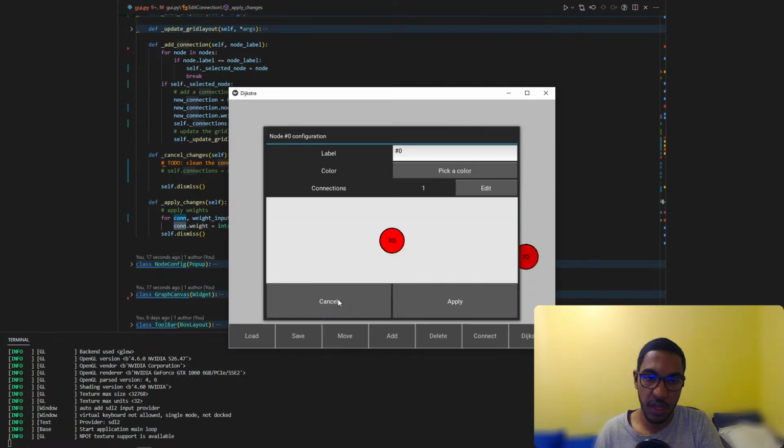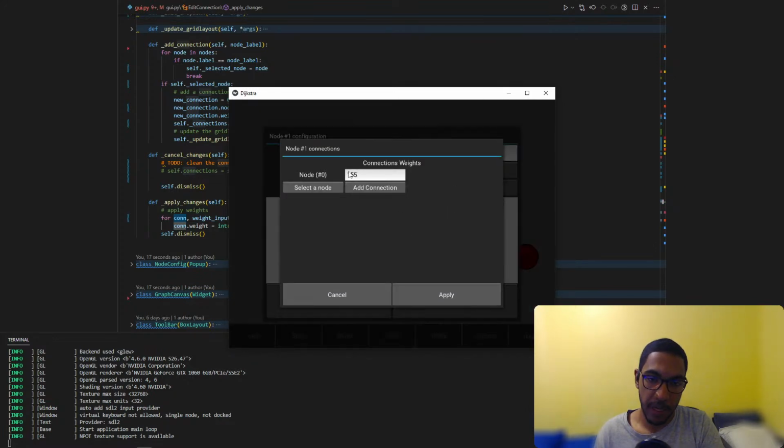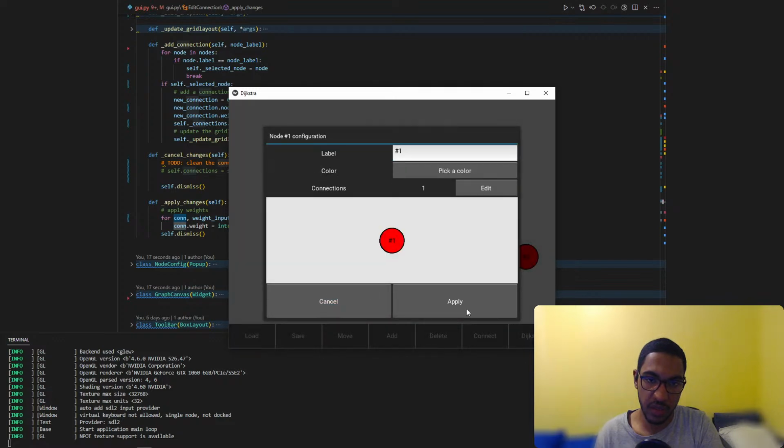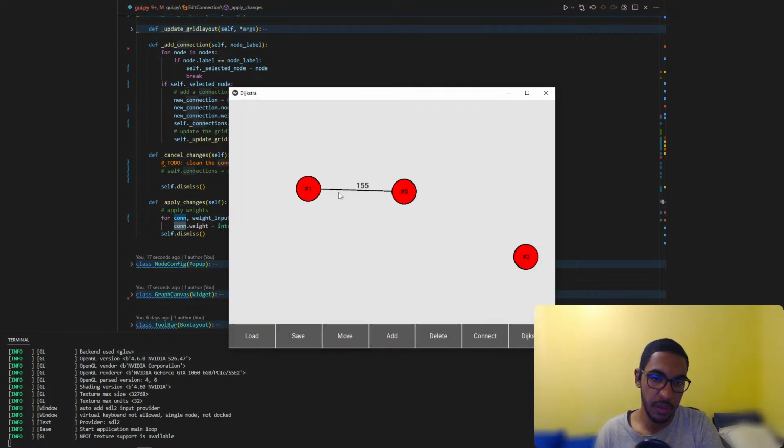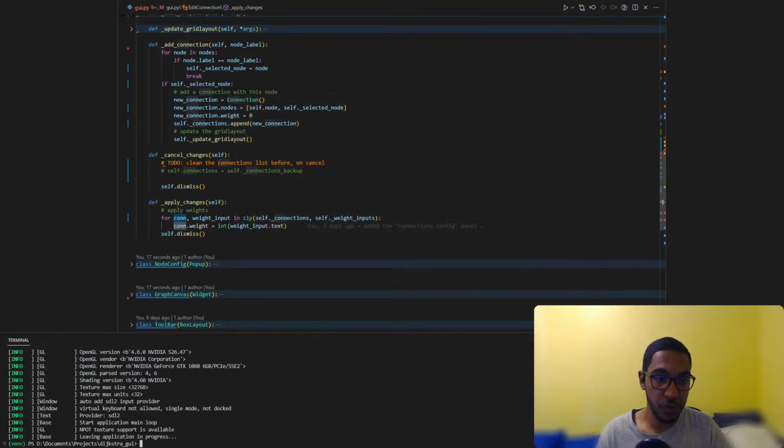I'm pretty sure this one. Okay. So if we hit 5, we hit cancel, and then we hit the same, right? Okay. So the first use case works. So let's get back on track to the second use case, which